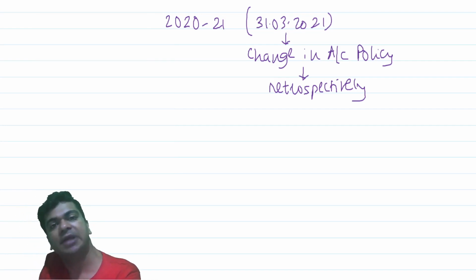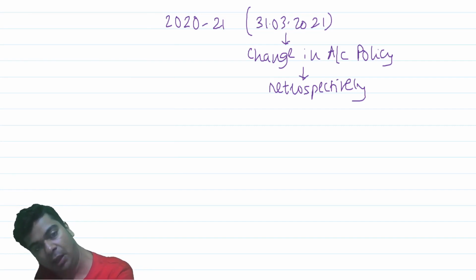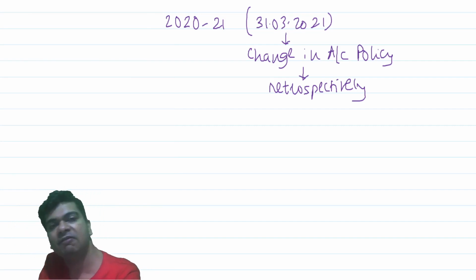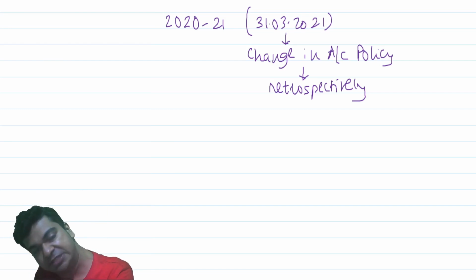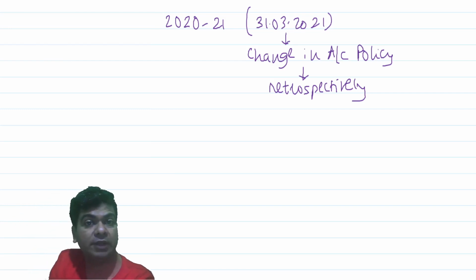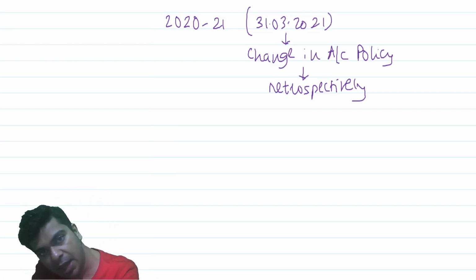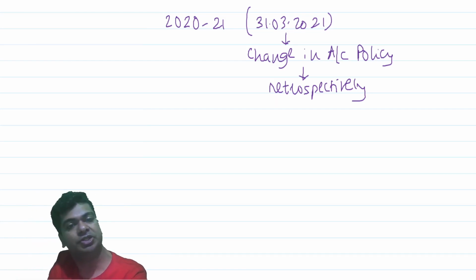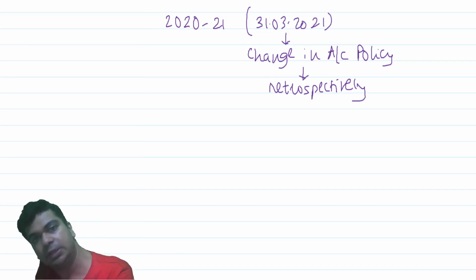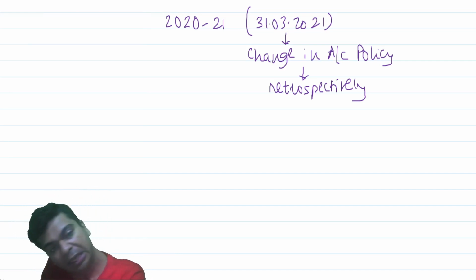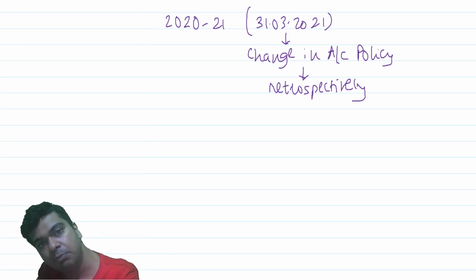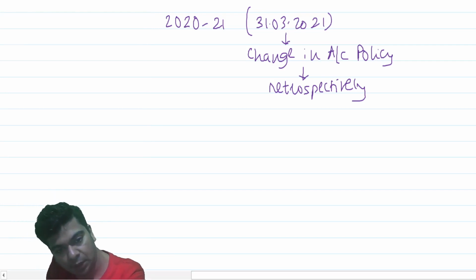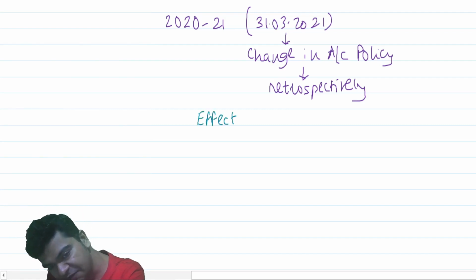For example, this company was formed 5 years back and now it is changing its inventory valuation method. In other words, I will give effect retrospectively from 5 years back and I will do the entire calculation. Hence, the change in the inventory valuation, certain change will be for the current year, certain change will be for the previous year, and certain change will be for the period before the previous year. Let's put it in this way. We are bringing about a change in the accounting policy. We work it out. We say effect of